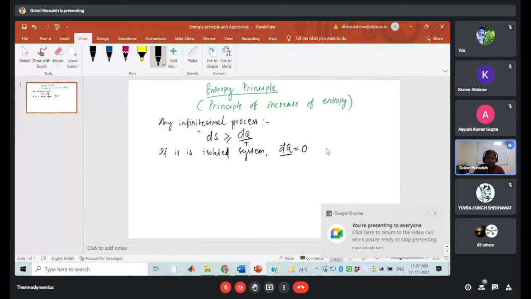Okay. So in an isolated system, there is no mass transfer as well as no energy interaction across the boundary. So here the energy is the heat transfer, so dq will be 0. If dq is 0, then this equation 1 will be ds greater than or equal to 0. So this is for the isolated system. Okay, so if we break this equation, it will look like this: ds iso is equal to 0, and another one is ds iso greater than or equal to 0. So in this case, this will be applicable for the reversible process,